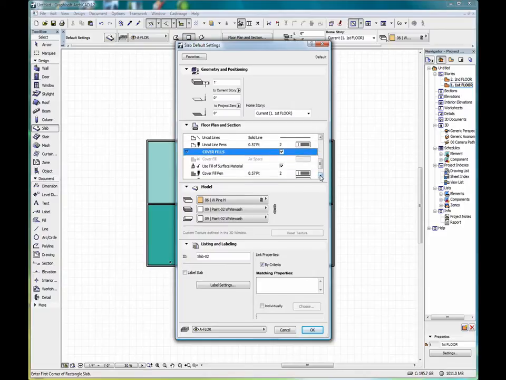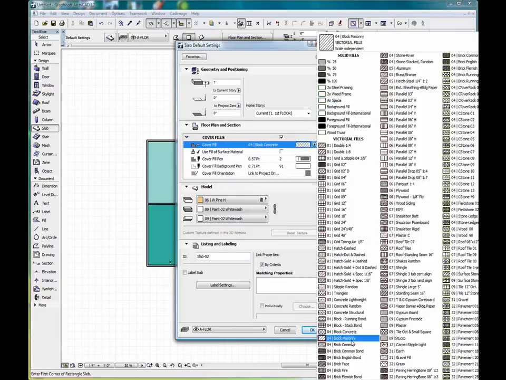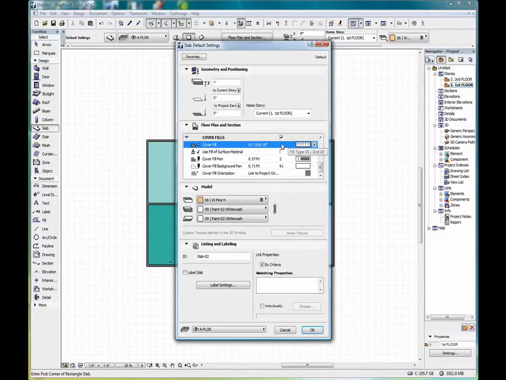That gives us some additional parameters. We'll have to turn off use fill of surface material, and that will allow us to select a cover fill grid of 16 inches to represent, say, tile. So if we click OK,